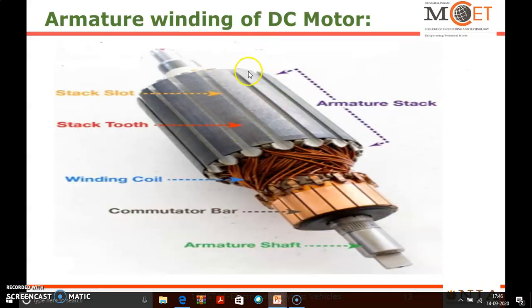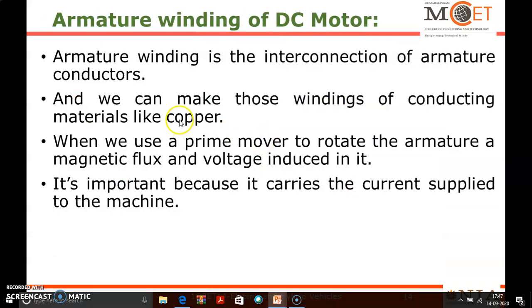So this is an armature core or armature winding of a DC motor, which has slots through which the armature coils have been housed, and these windings are wound on the armature core of the DC motor. This is the commutator mounted on the shaft to convert the bidirectional AC current into the unidirectional DC current. Next, the armature winding, we know that it acts as a rotor, so it is rotating inside the magnetic field produced by the